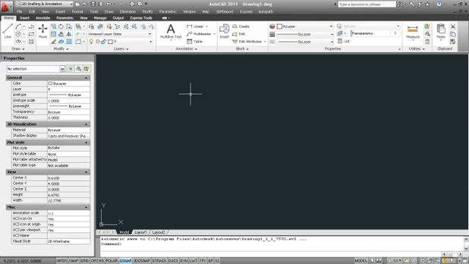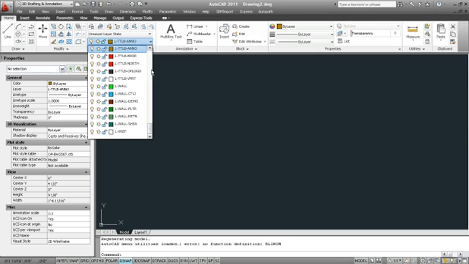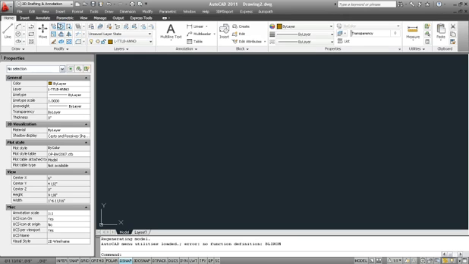So by opening this, I won't need to make any layers. I'll have a list of layers to work from, and all the dimension styles and scales will be set up, so I won't have to set those up for this exercise. So you notice I have drawing 2 now, but as opposed to what drawing 1 had, I now have a whole list of populated layers. I also have